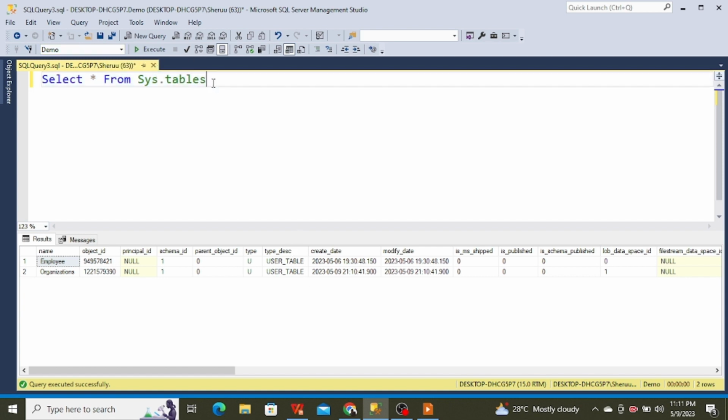But now I have to retrieve all the tables, whether system-defined or user-defined, stored inside the SQL server databases. I have to retrieve the information about all these things. So how can I perform this? First, I will copy this statement and paste it here, and after that I will give